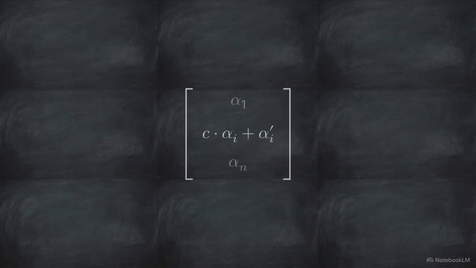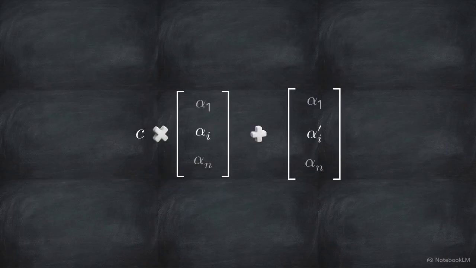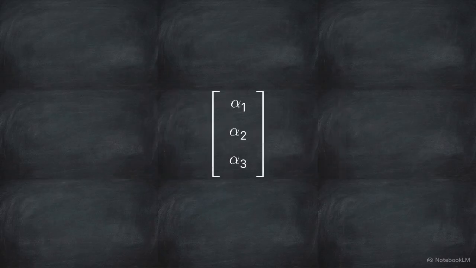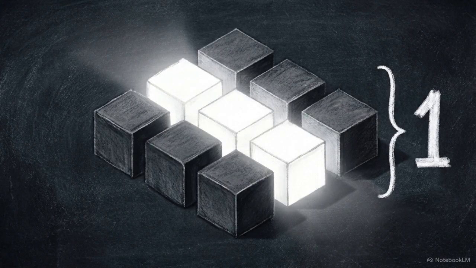Axiom 1 requires this function to be n-linear, operating linearly on one row while holding others fixed. Axiom 2 dictates it is alternating. An identical adjacent row evaluates to 0. Because the function is alternating, swapping any 2 adjacent rows multiplies the final output by -1. Axiom 3 is normalization. The determinant of the identity matrix evaluates to exactly 1.